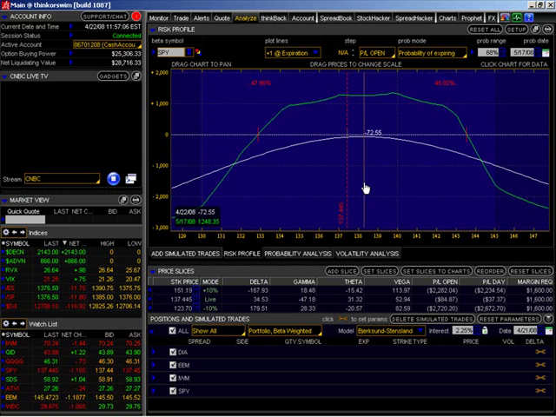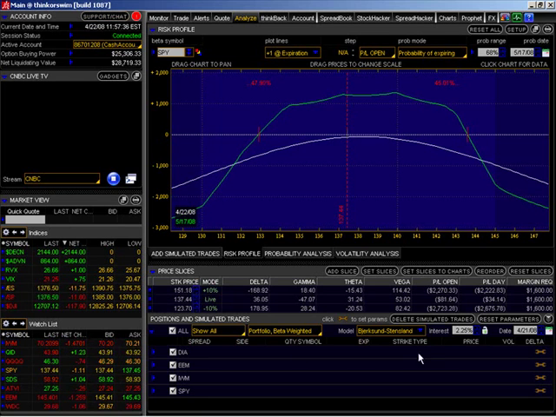I suggest that you begin with paper trading. The Thinkorswim platform has a paper trading account that you can set up for free. It looks identical to this. The only thing that is different is if you look up in this top left-hand corner, this is a live trading account. It has a red symbol here with the Thinkorswim symbol and logo. If you have a paper trading account open, this is a green symbol. But the platform is absolutely identical.